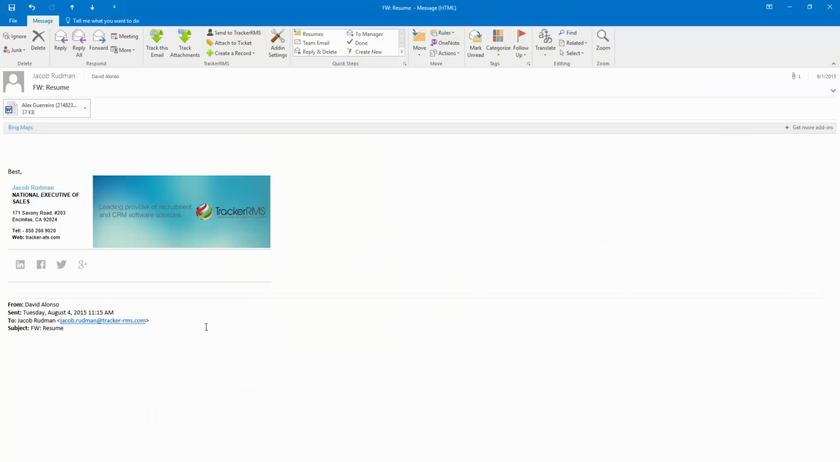So if you have a resume that's been sent over, you'll have your Tracker Outlook add-in that's going to sit on the top of your inbox. If you look at the very top, you'll see that that add-in will be embedded into your Outlook. Now all you have to do to create a new candidate on the system is click the Create a Record